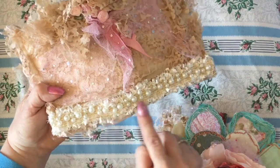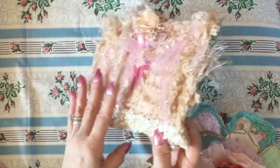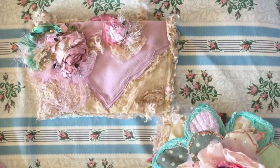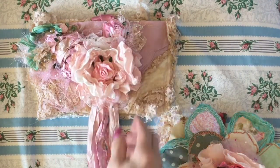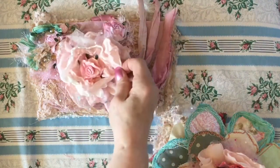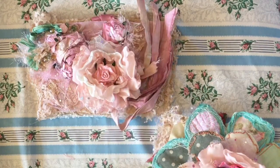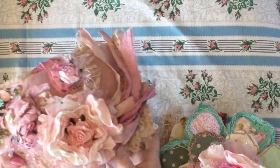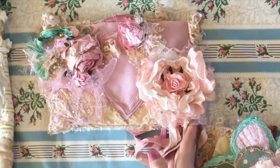That is a gorgeous piece of pearl trim that I've put on the back there, and I made a V at the front, and I made this flower to go in the bag because it actually goes really well with the bag as a gift. So I think they partner up really well, and again it's great fun to make anything with scraps, and that's what I did. So get into your scrap